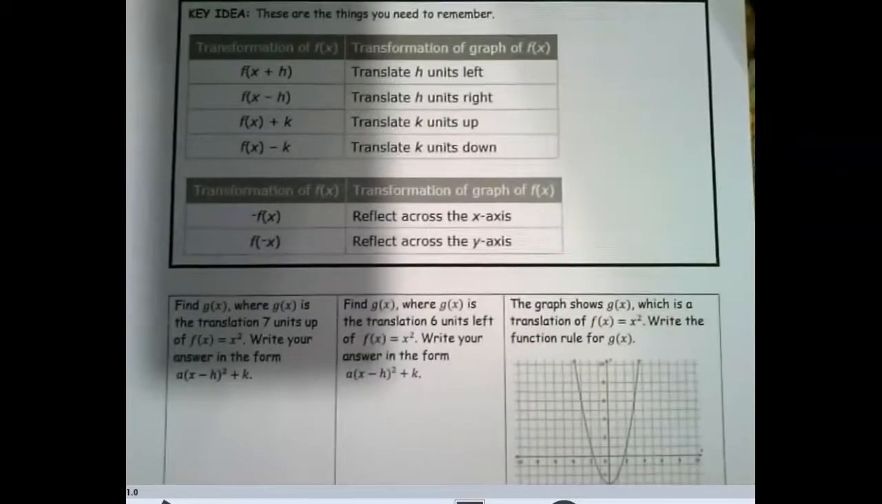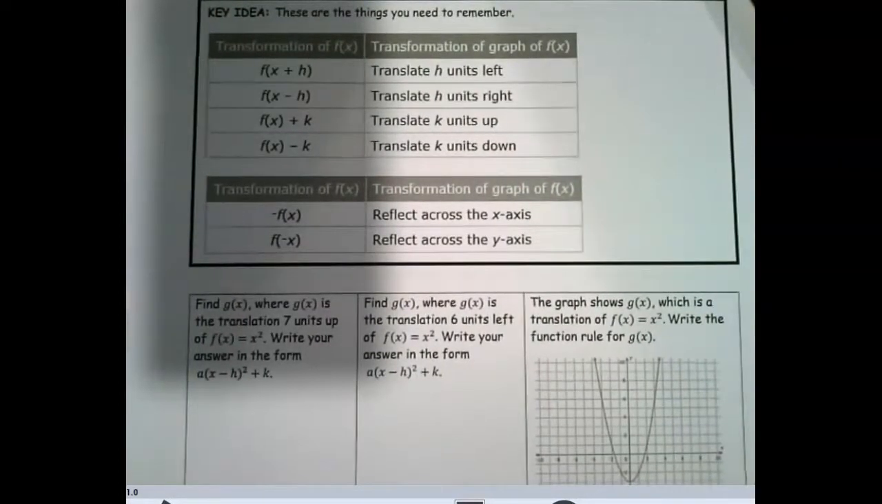Hello, today I want to talk to you about transformations of quadratic functions. If you remember from middle school, you did talk about transformations. You talked about reflections, which were flips on the coordinate plane. You talked about translations, which were slides on the coordinate plane, right? So what we're doing is looking at how we can transform a quadratic function from its original parent function